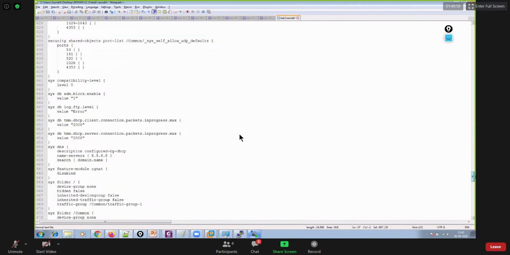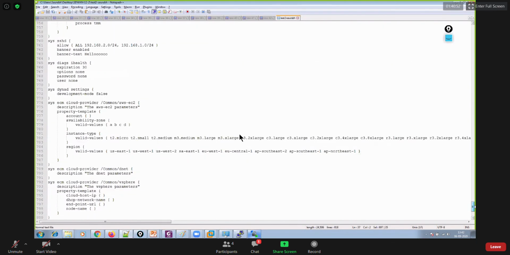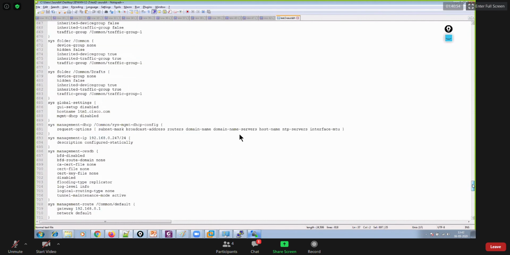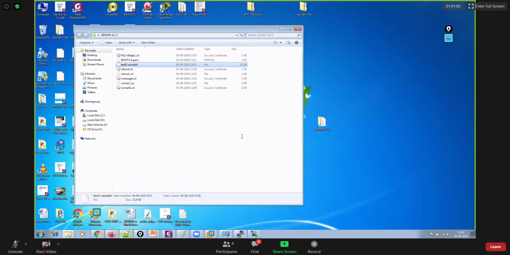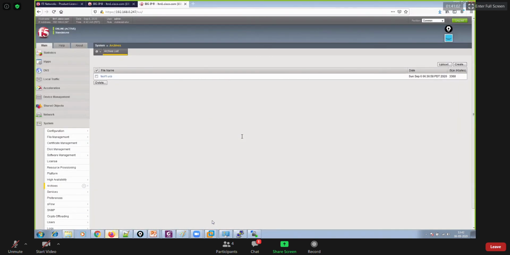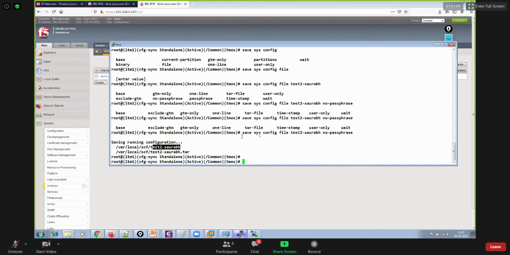But in case you have taken your backup in UCS format, then you cannot open that file in text format, or in MS Word or something like that. So there are two different ways to take the backup of your machine. One in the form of UCS, which can be done using GUI and CLI both, but SCF format can be done using CLI.